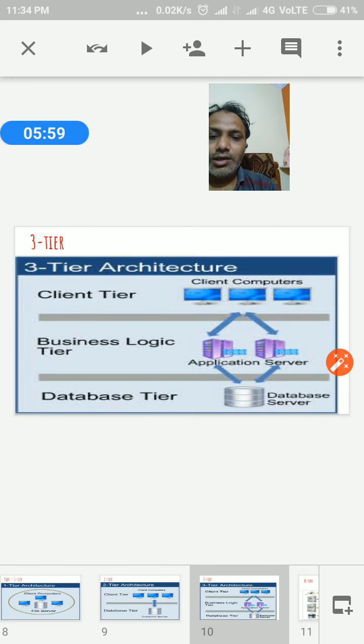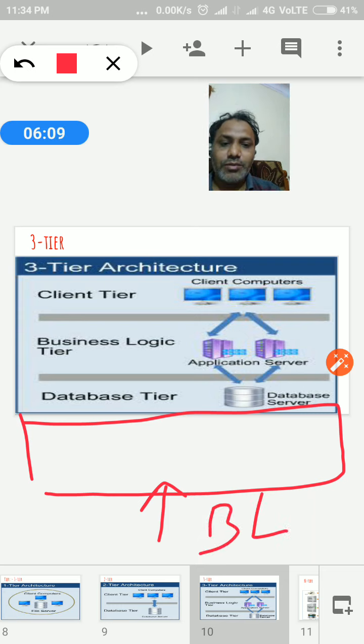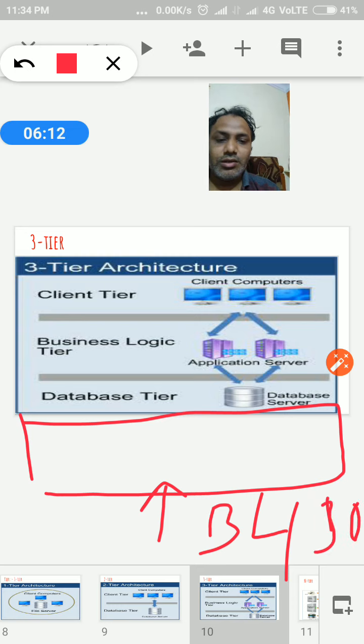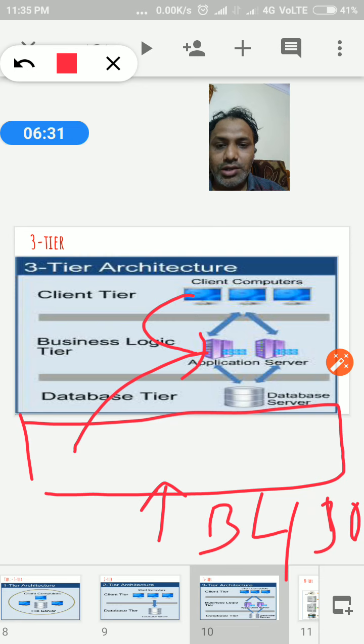Another layer here, which we call a business layer, or business object. So the client sends the request to the application server, and it finds what kind of request we have, which is to be requested from the Oracle server. So it sends the Oracle server API, and that API finds its object.